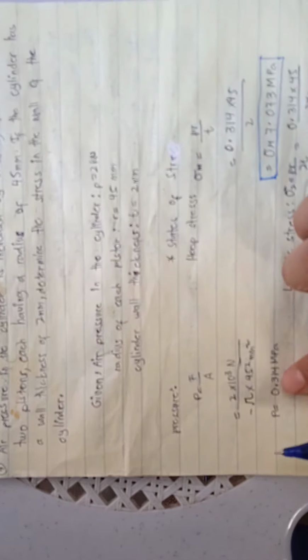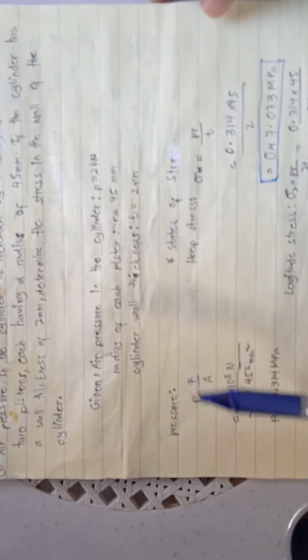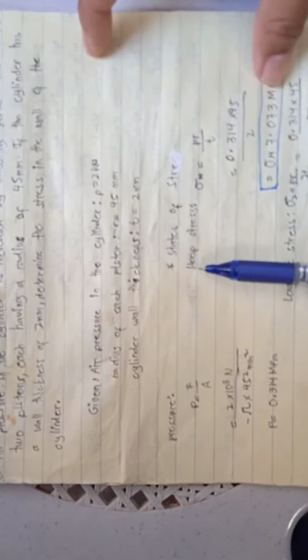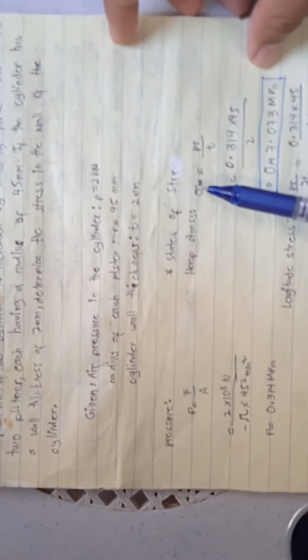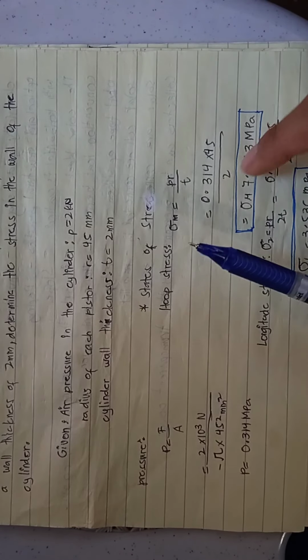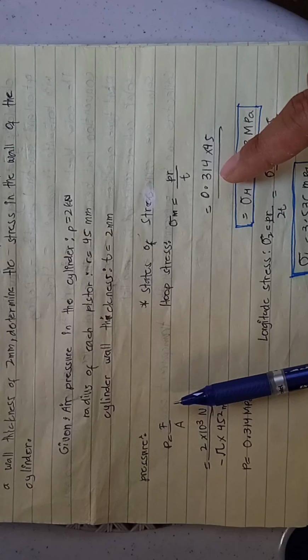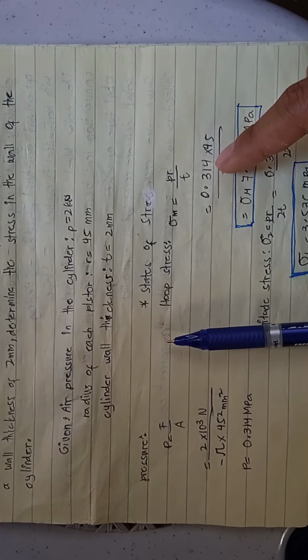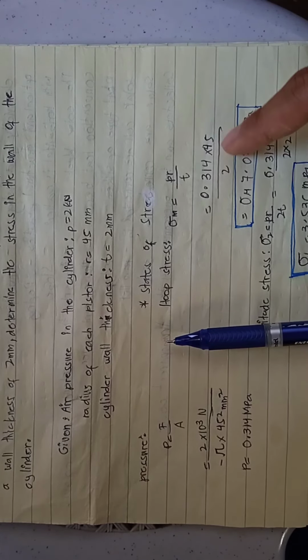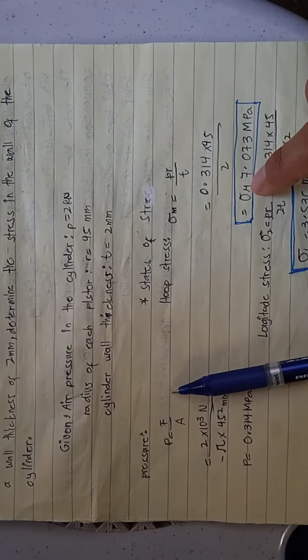So the P is equals 0.314 MPa. So state of stress is allowable hoop equals PR over T. So equals 0.314 times 45 over 2. So equals allowable